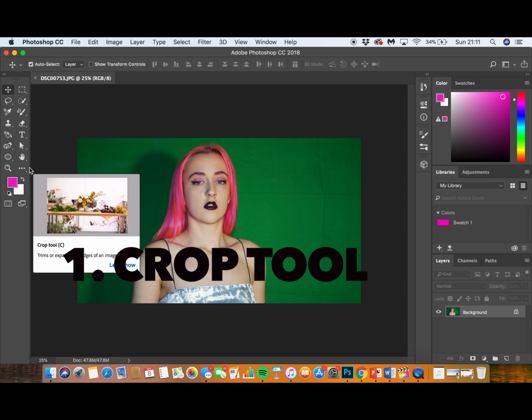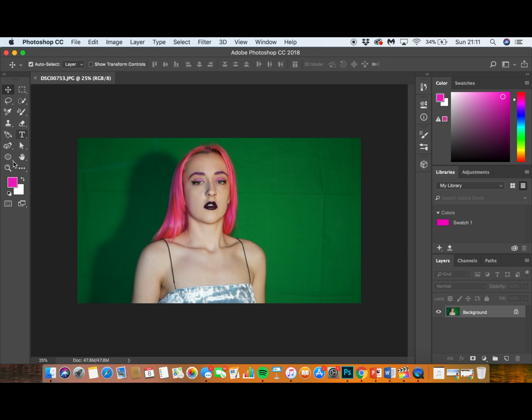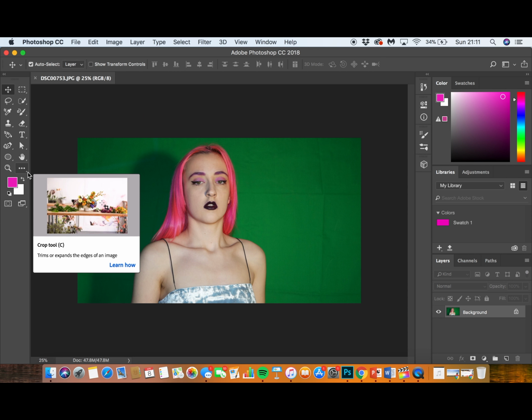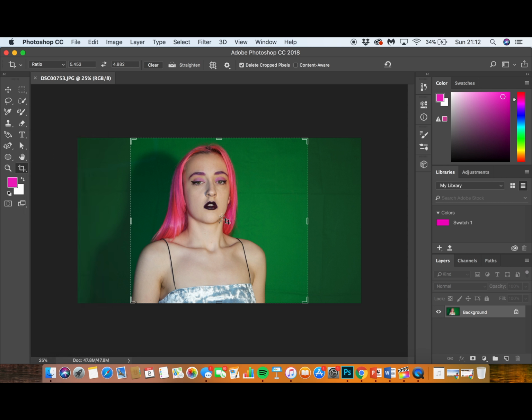So as you can see here on the left, there is a 3 dots icon. So basically press on this if the crop tool's not already present here on the left, and you go like this, and then here is lots and lots of tools which you can use. So as you can see, the crop tool is already on, so you press the crop tool, and this is what the crop tool looks like. You press that, and then